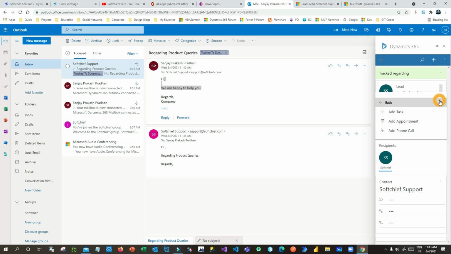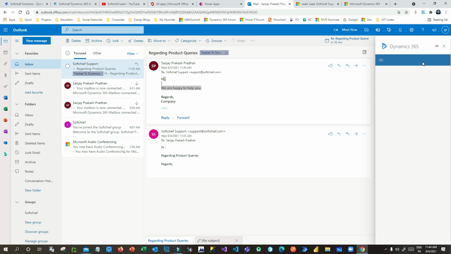Now this is how you can track tasks, appointments, phone calls and emails against a Dynamics 365 record. It may be a lead, it may be a contact, it may be an account, whatever you can think of, you can choose that. You can also use the search option to find any record, then it will give you the record information, right? This is the lead record, contact record. If you click on the lead, it will display the lead information, right? So this is the integration of Outlook with Dynamics and tracking appointments, tasks, emails and phone calls.